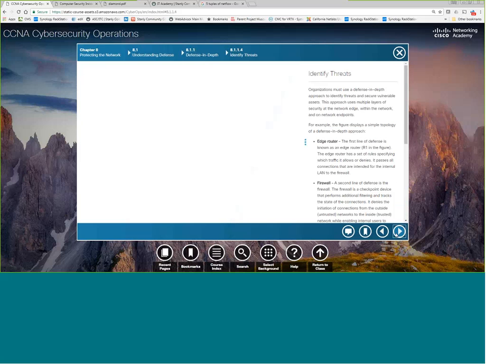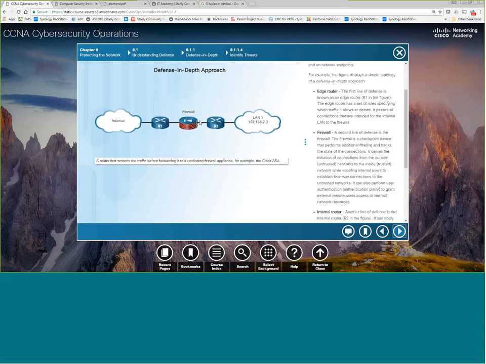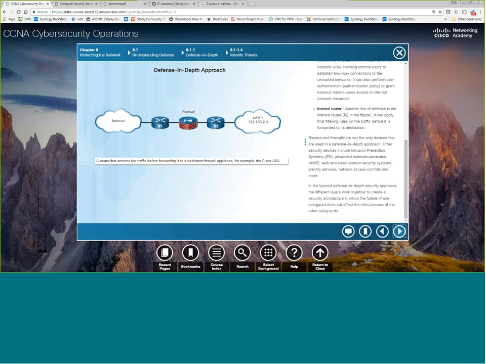the defense in depth, we're looking at trying to do a screening router, then you have a firewall, then you have your actual router, and then many people even say you would put an internal firewall here. And this is not even touching the idea of virtualization and the idea of east to west traffic versus north to south traffic. And that is something to consider.